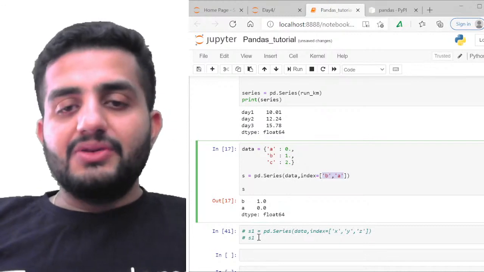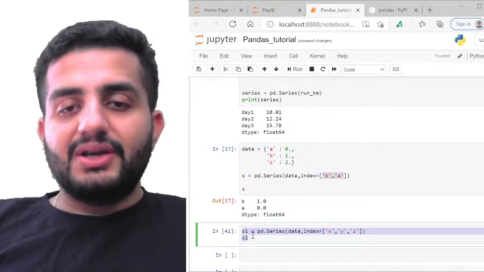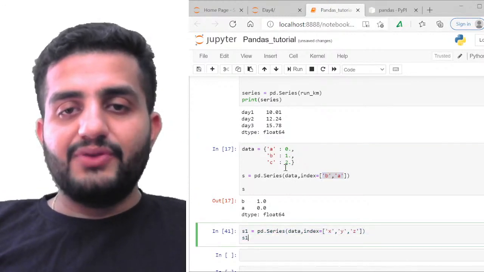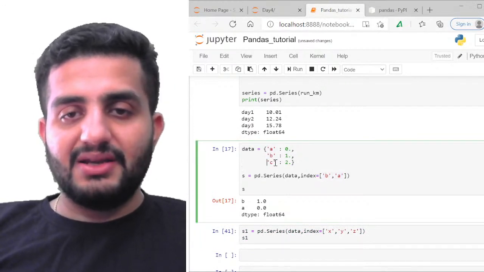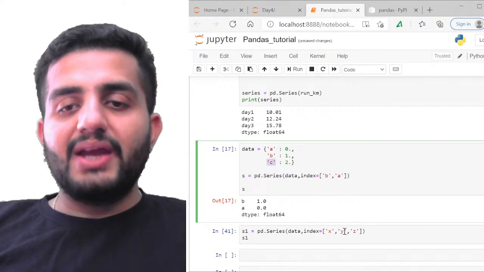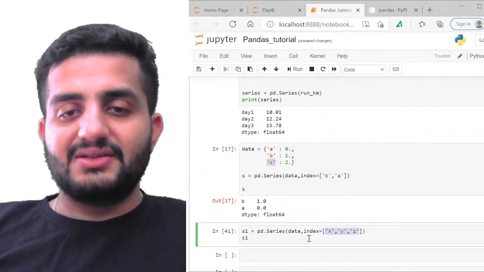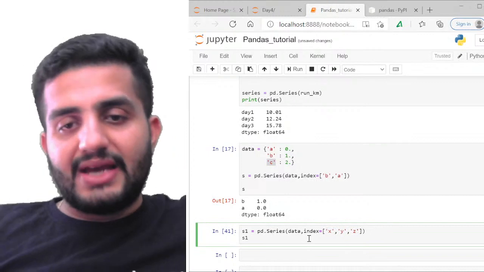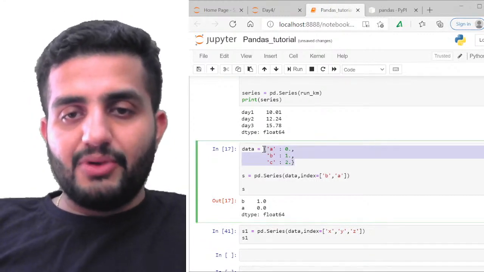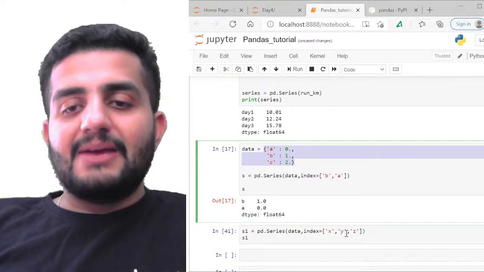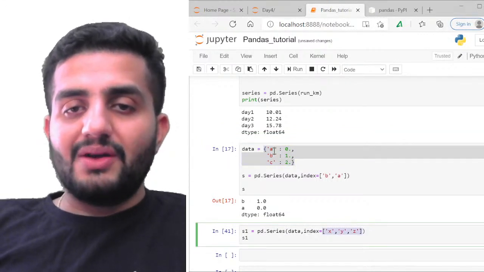Now similarly, suppose I'm creating a new dictionary S1. Instead of using A, B, and C as my keys, I'm using X, Y, and Z, just new data. For S1, I'm using the same dictionary as my input, but in the index I'm passing X, Y, and Z, which are not the keys.